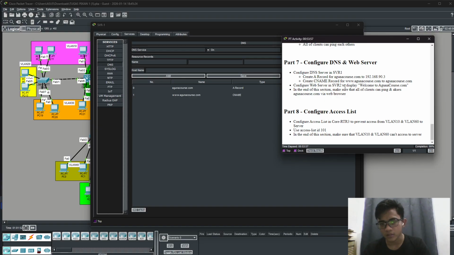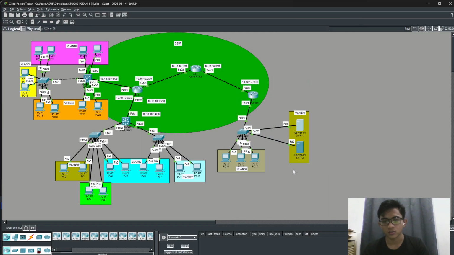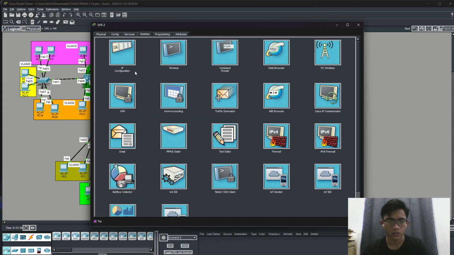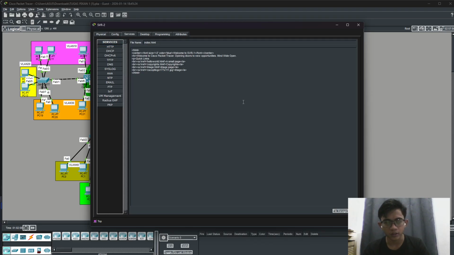Okay, next, configure the web server in server 2 to display welcome to Aguna course, I guess. So we change to web server. In Services, HTTP, okay, turn on HTTP and HTTPS, and for index you can click edit, and here it says welcome to server 1. You change to Aguna course, agunacourse.com, and save.